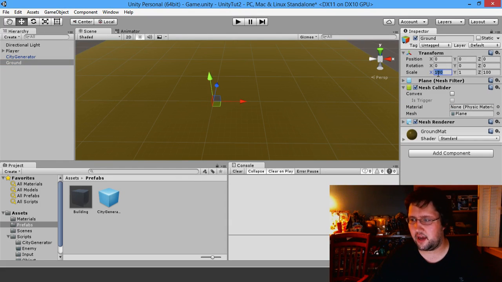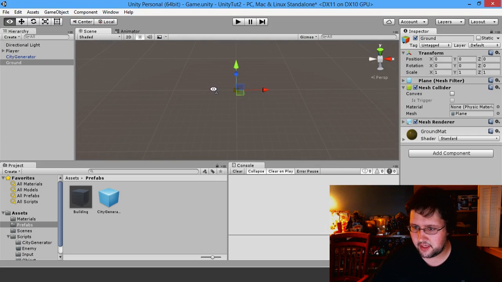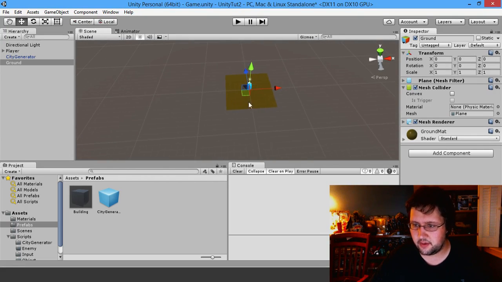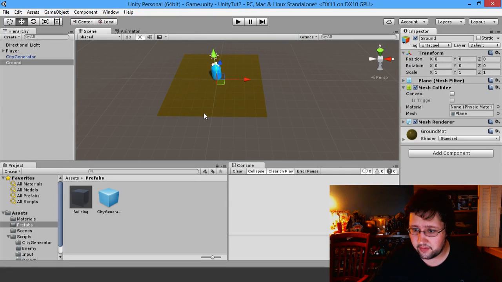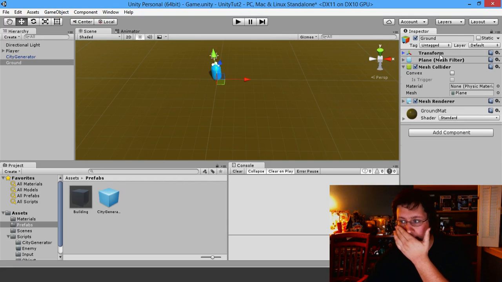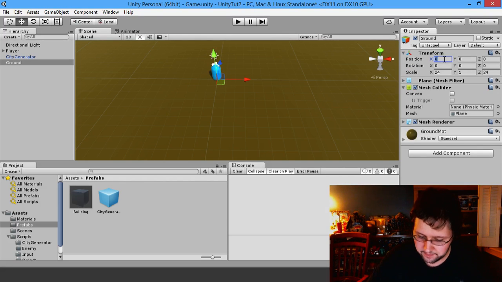So notice that it's only 100. Well, I know that at a scale of 1, 1, 1, this plane is only 10 wide. That's something that Unity won't tell you, but this plane is 10 wide. If I took boxes and I lined them up, this would be 10 wide. 1, 2, 3, 4, 5, 6, 7, 8, 9, 10. Perfect. Unity's grid here shows you that there's 10 squares wide. So knowing that, I can multiply the scale of this by 24 and 24, so that's 240, and then I can make the position